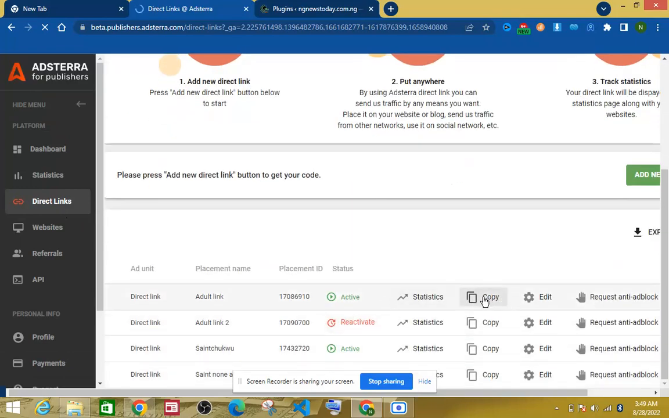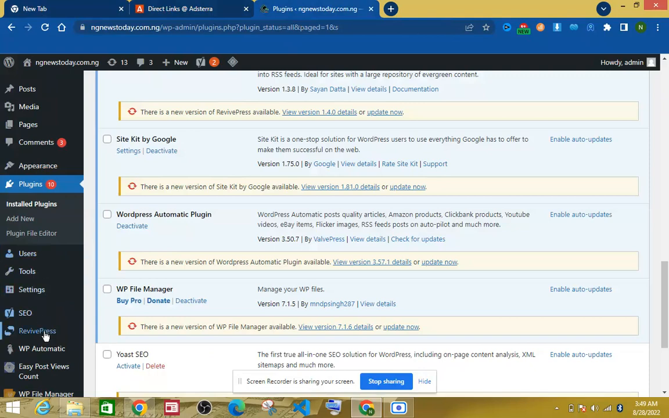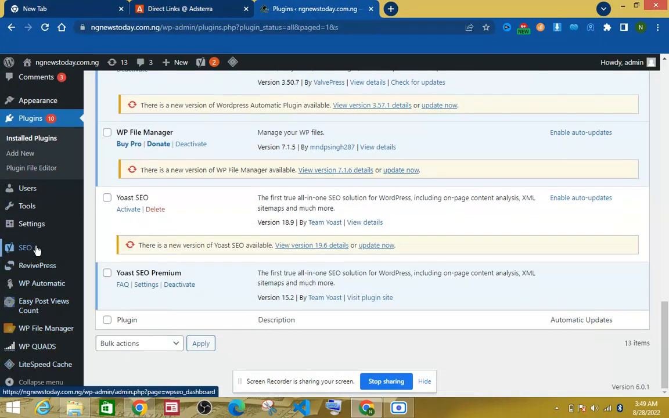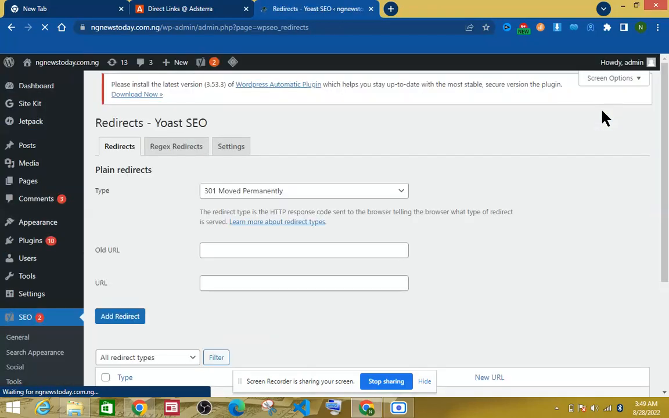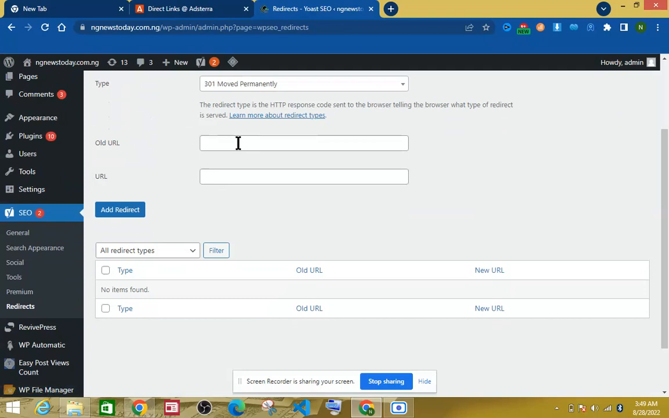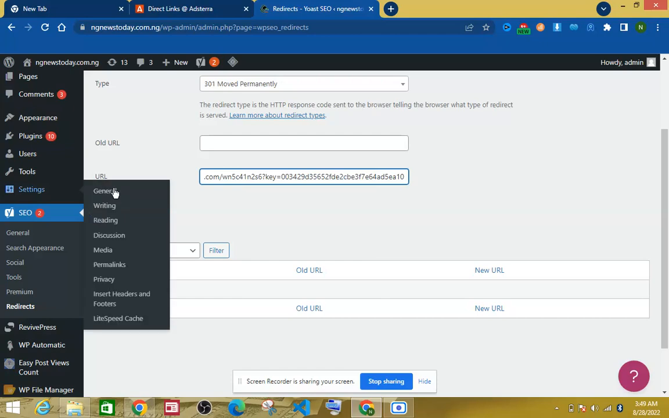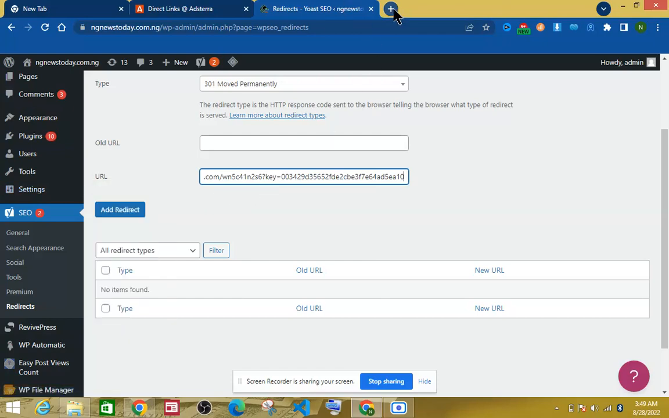and then you copy any of the links here, and then go back. Locate this SEO. Here it is, SEO. Then you click redirect. You see something here, redirect. Now here you put the old URL. This old URL means, let me paste this thing here. Let's say